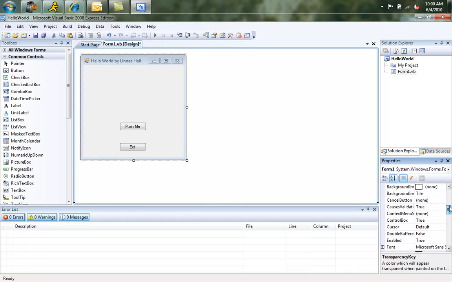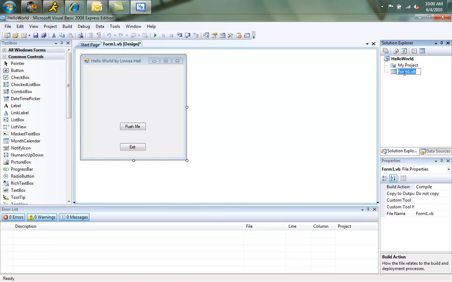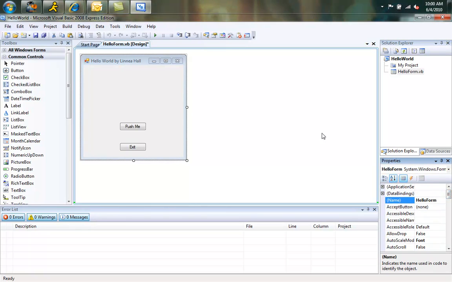Okay? And then I'm going to go up and change the name of the form to hello form. Now, if it doesn't change it here, you can change it by just typing in here hello form, and that'll change it that way. Make sure everything matches. Now if I go ahead and run this program,